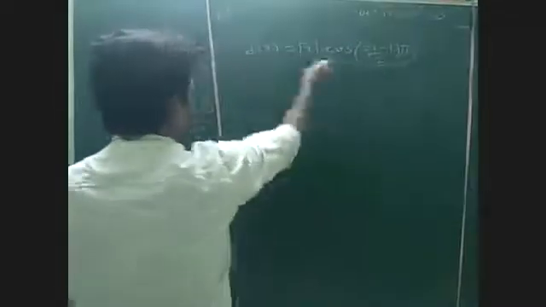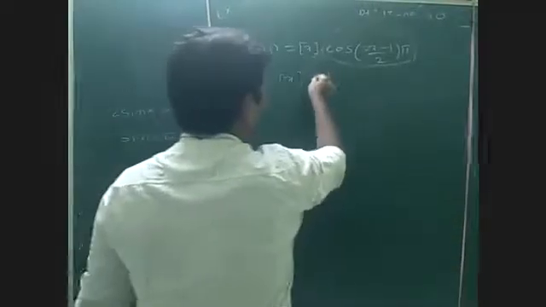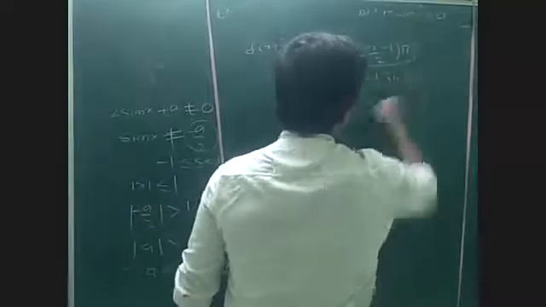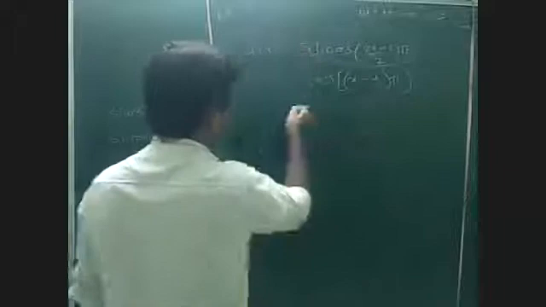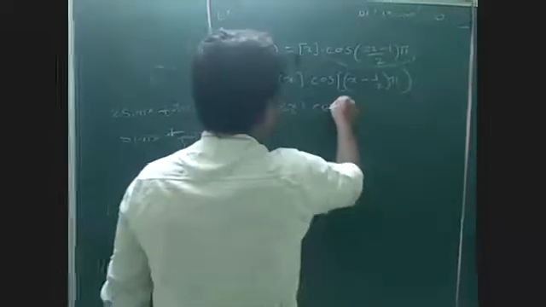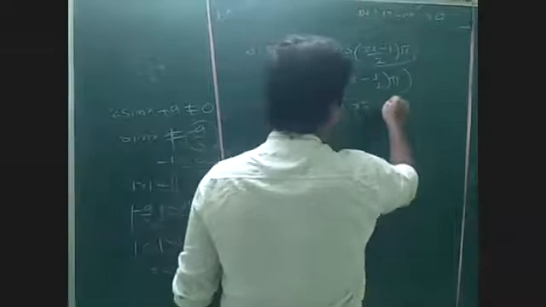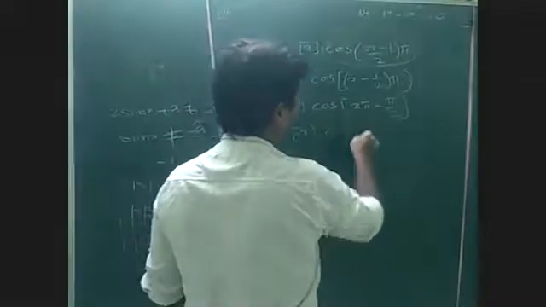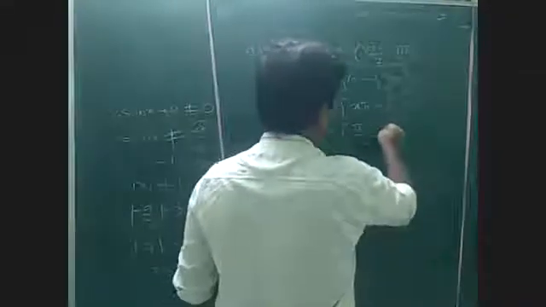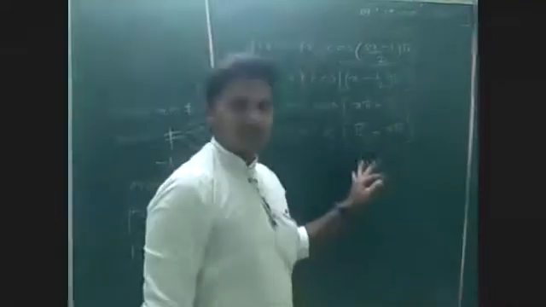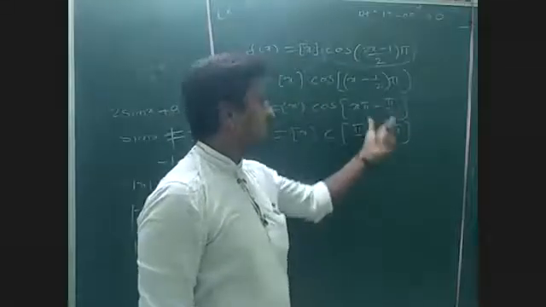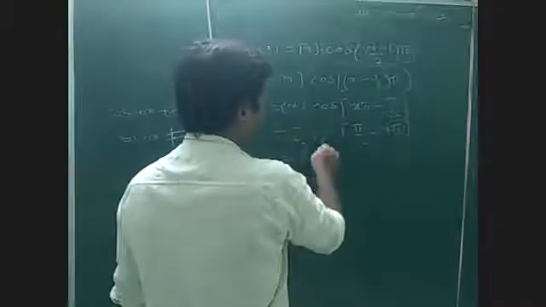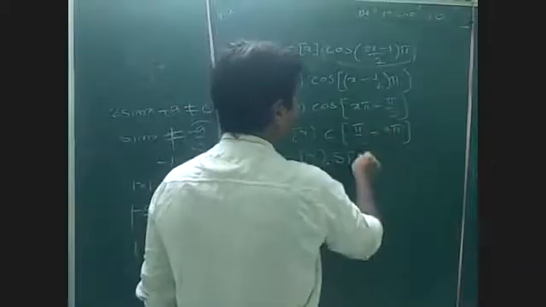So this can be written as cos of, dividing x minus 1 by 2 and multiplying by pi. I divided it with 2, now multiply with pi. Bracket x into cos of x pi minus pi by 2. I want to take cos of minus, so we write pi by 2 minus x pi, because cos of minus theta is cos theta only. Cos is an even function. If I take minus also, the value cannot change. What is cos of 90 minus theta? Sin theta.